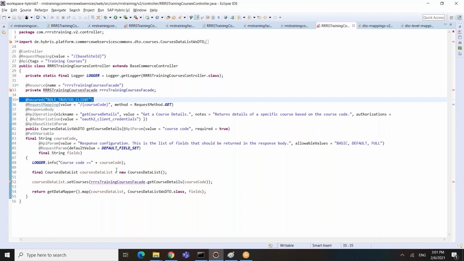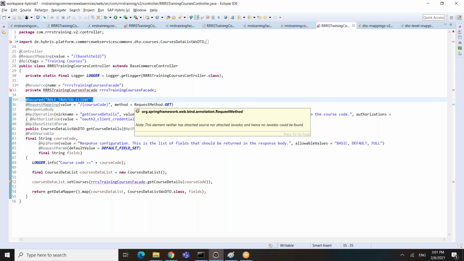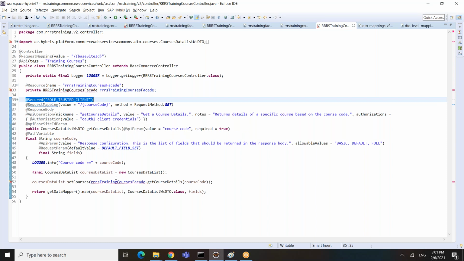For example, if you look at order, you don't want to allow all the users to access the order data, which has very important information. And you don't want someone to simply delete the order or update the order. So that's why you need to define the roles that need to access that method.